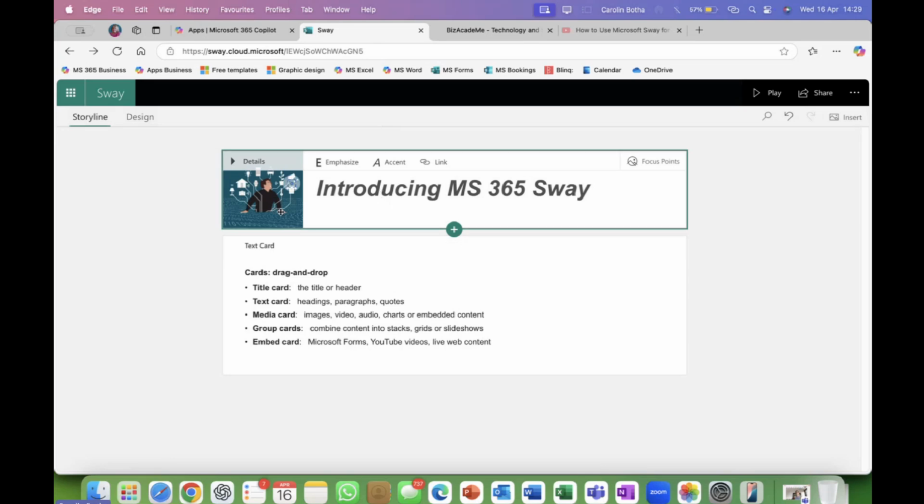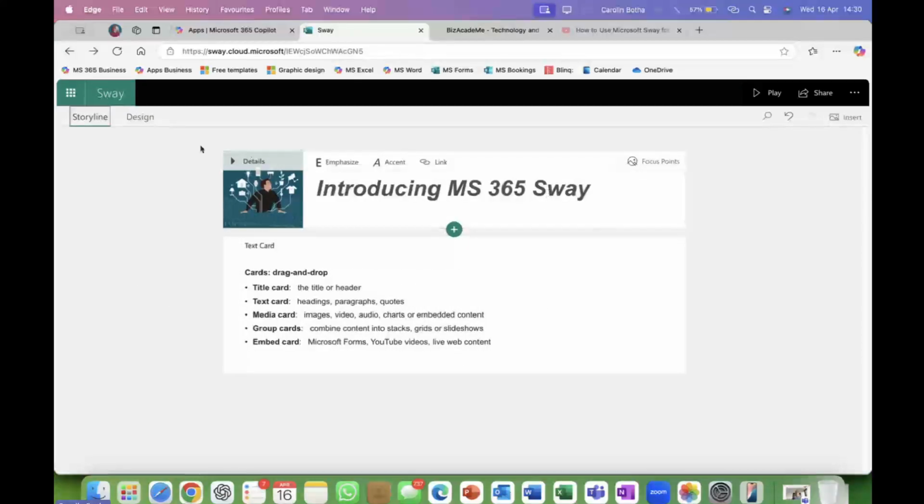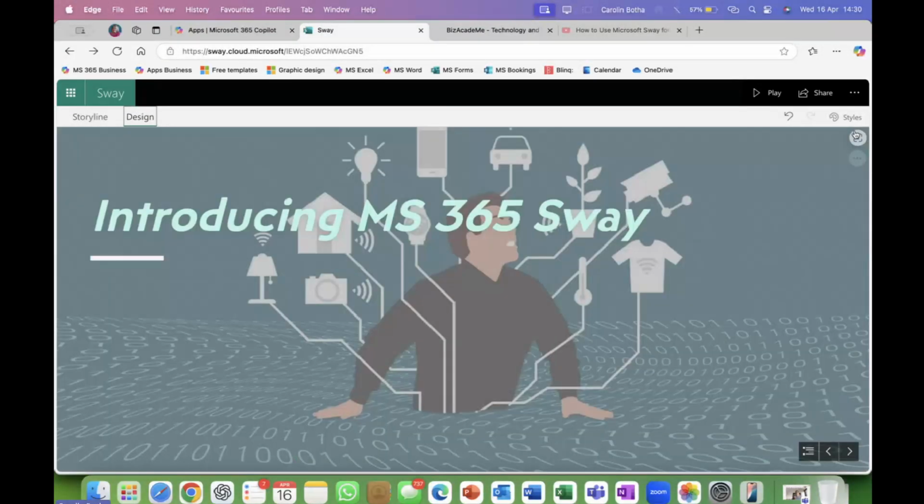Now this is pretty much close to my colors, but it's definitely not close to my font. You won't necessarily find your exact font here, so go and have a look in the family of fonts. Go ask your graphic designer, or you can always ask ChatGPT, and I'll show you that next week. Cool. So let's go back to the design and to styles.